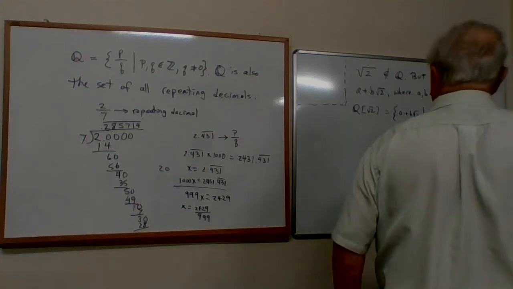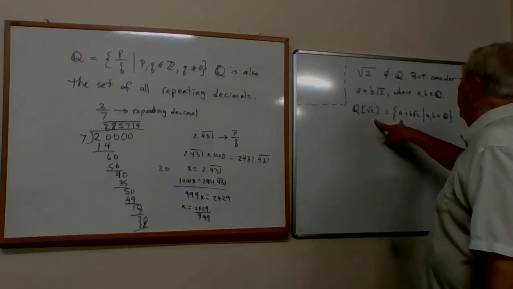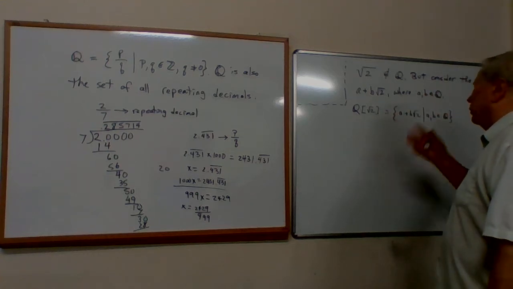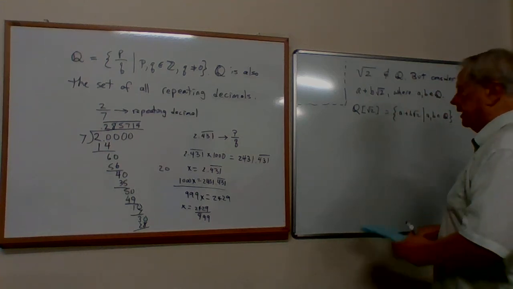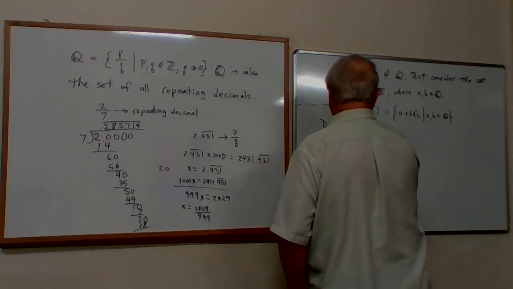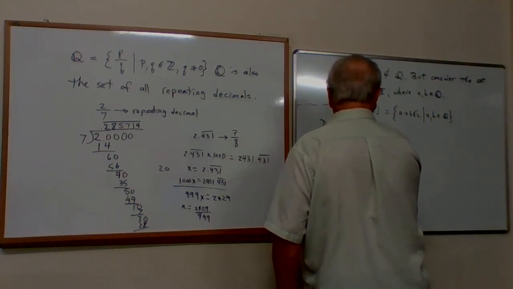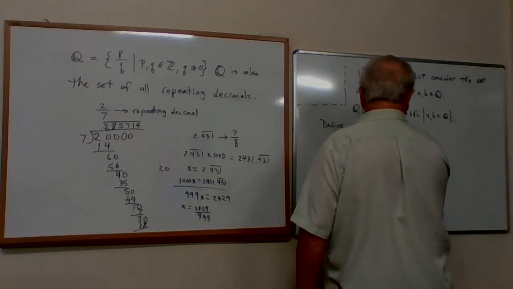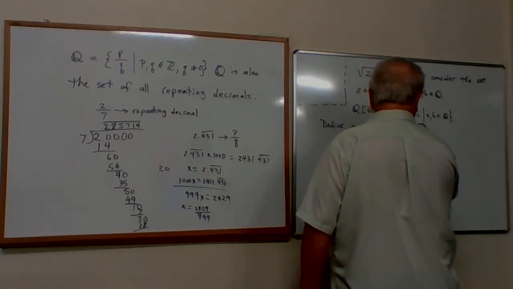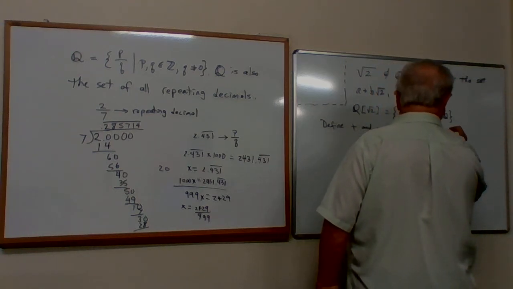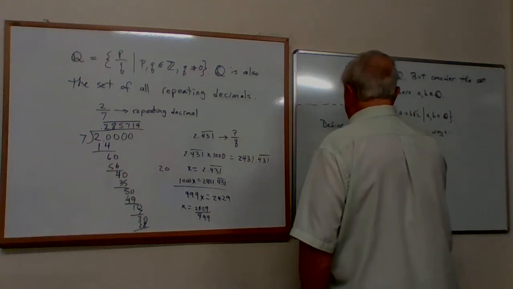what is in here? And what kind of a thing is this? Is this a ring? Is this a field? What kind of a beastie is this thing? Well, we can define addition and multiplication in the obvious ways. If I have